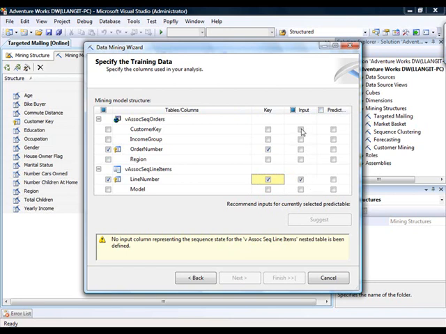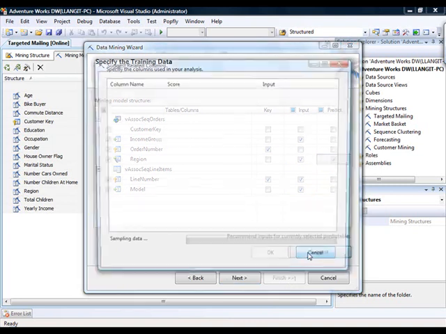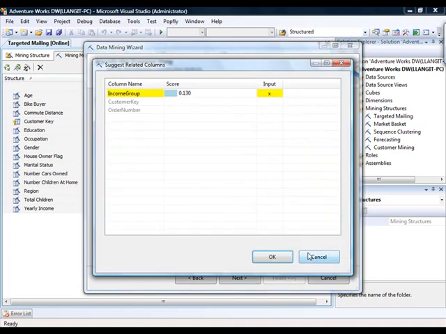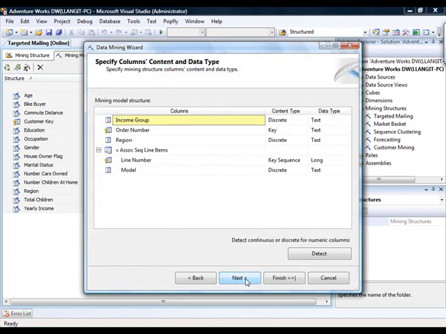Now we need to select some input values, so we'll select the income group, the region, the model, and then we want to select a predictable, one or more predictables, and let's select the region. So we want to find out where our customers are coming from. Then if we click suggest, we can see if there are any additional suggestions, and we don't have a huge amount of columns to pick from here, but it is showing us the value of including income group if we wanted to do that. And then we click next,